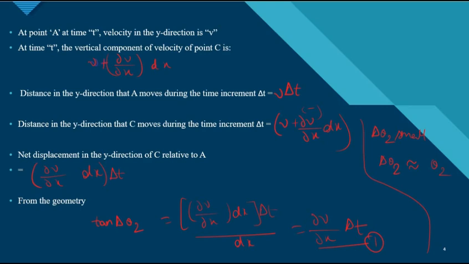Yes, certainly. Delta theta 2 cannot be written as theta 2. This will be delta theta 2. Whenever you're considering such assumptions, or whenever the angle is small, the tan component, that is tan delta theta 2, can be written as delta theta 2. That is only the angle. So when I write it only as an angle, can I write delta theta 2 is equal to ∂v/∂x into delta t? Correct? So this is my equation.